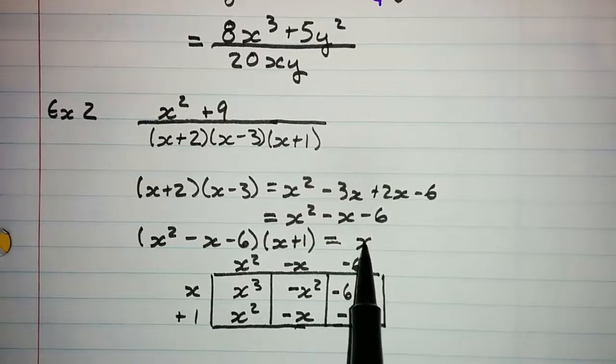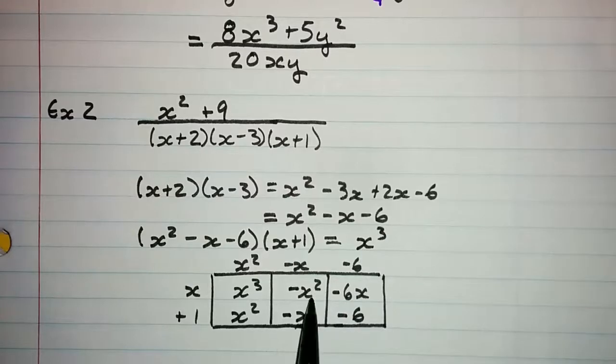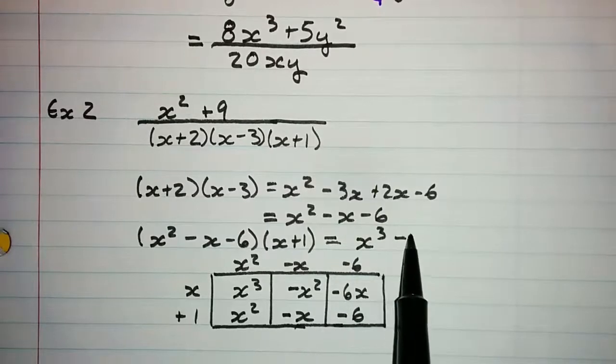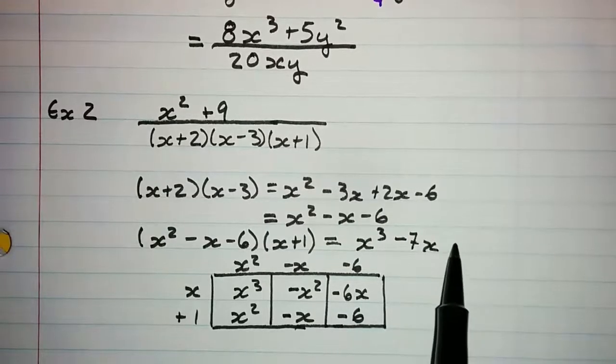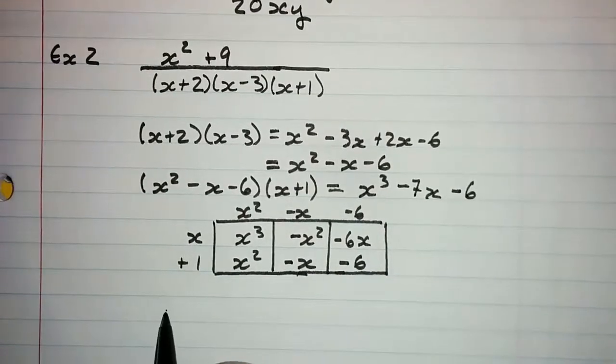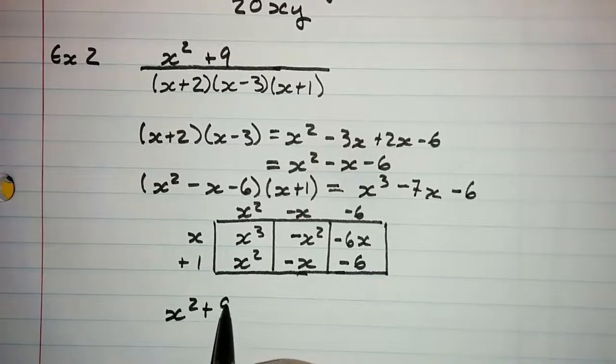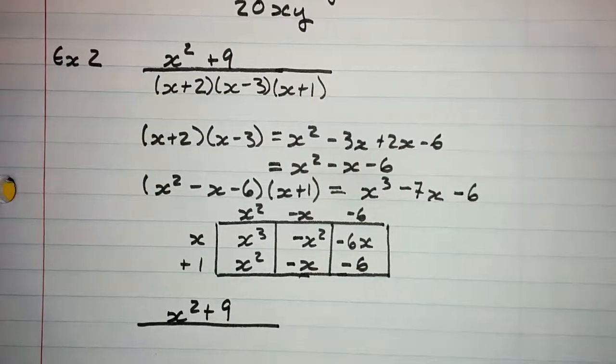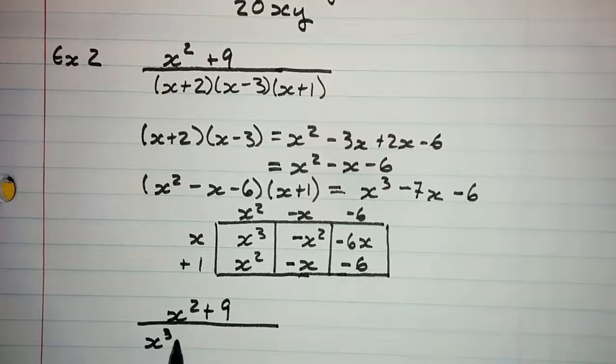Combining like terms, I'll get x cubed. Oh, x squared minus x squared is 0. Negative x minus 6x is negative 7x. And then negative 6. So my final answer in example 2 will be (x squared + 9) over (x cubed